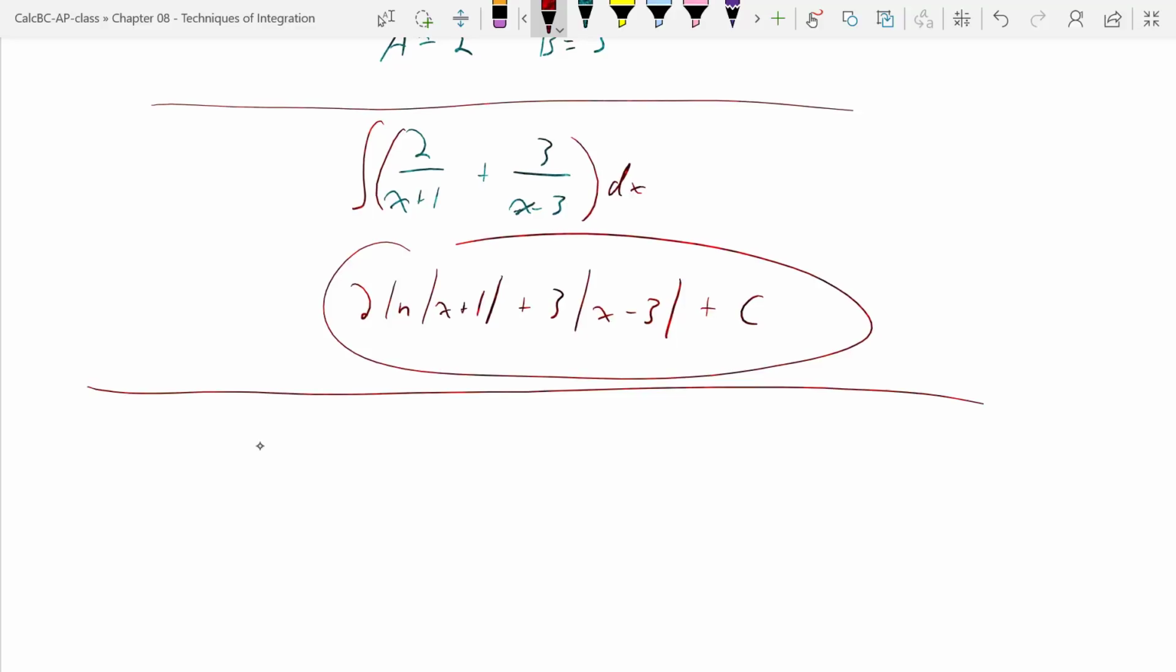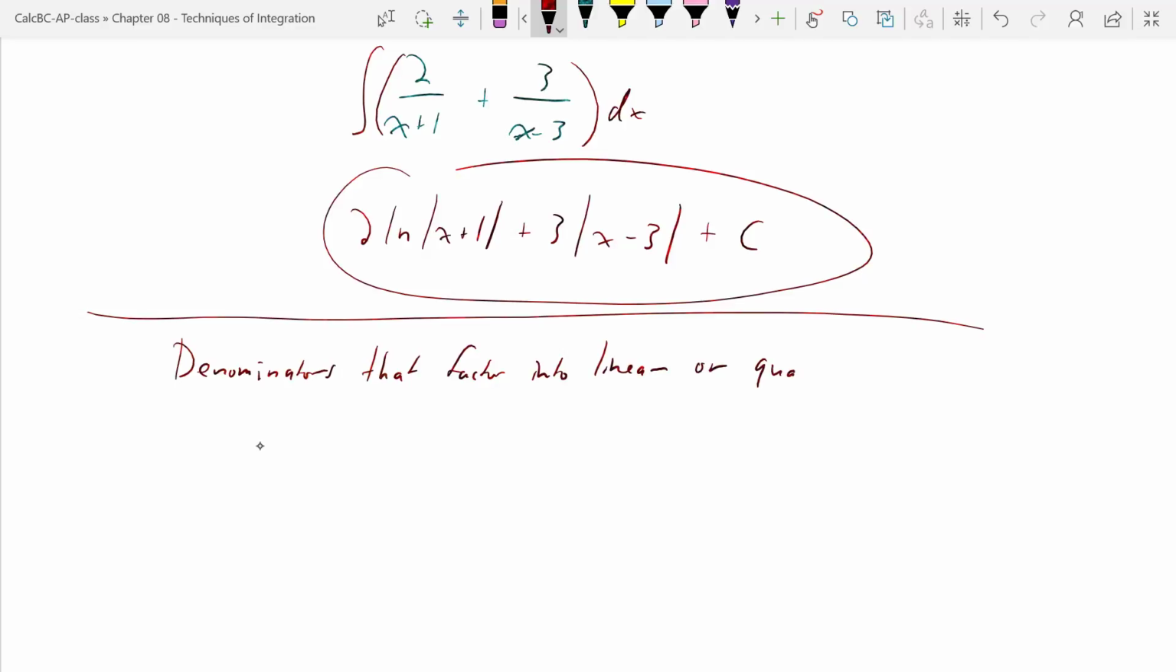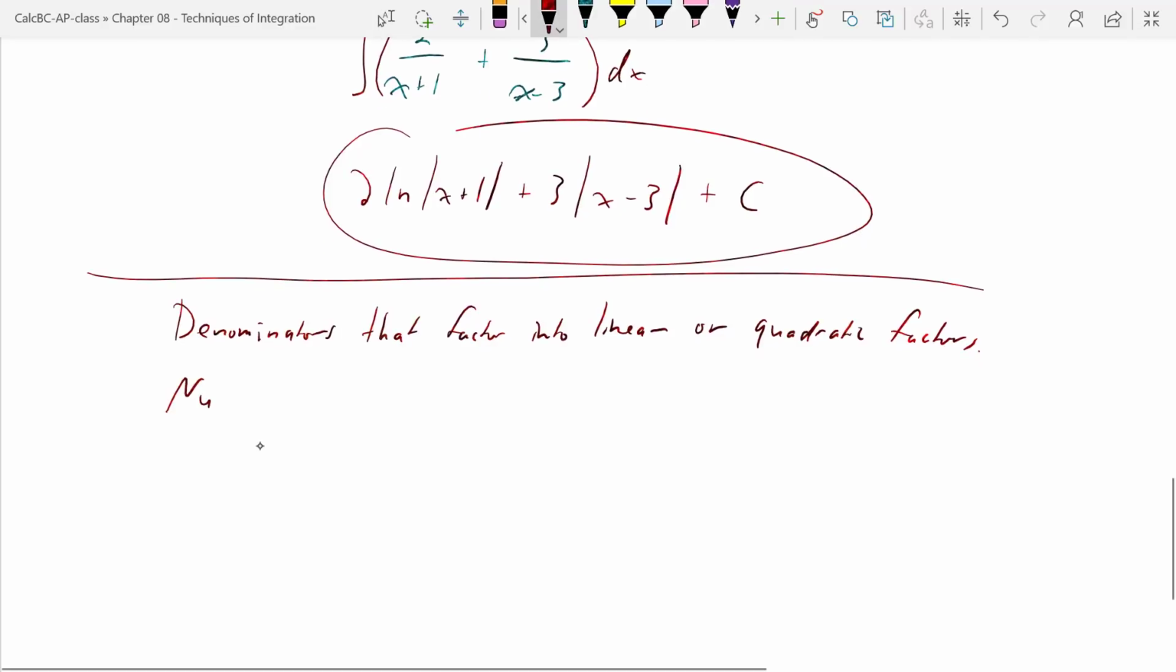Now, right now, today, we are only dealing with denominators that factor into linear or quadratic factors. We know that we can recognize this because the numerators are always 1 degree less